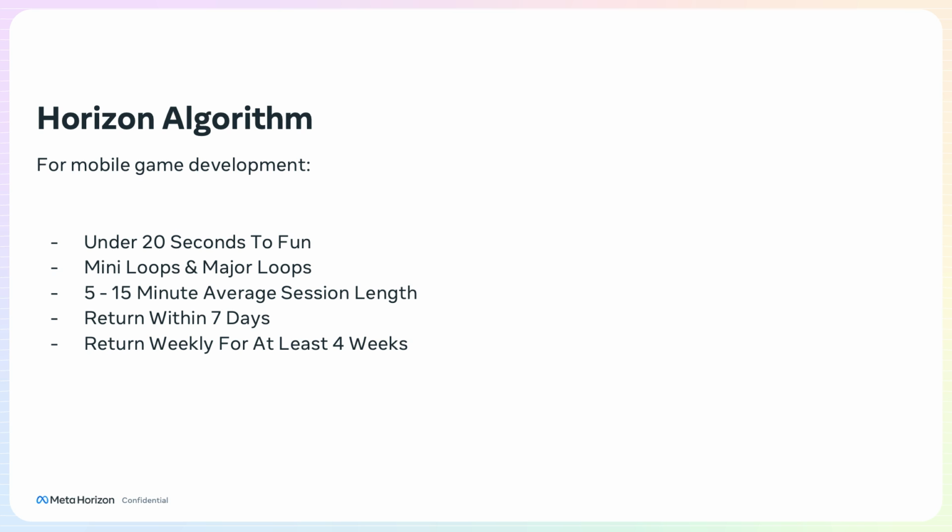I wanted to repeat this again because I think it's so important. Under 20 seconds. Your target should be 10 seconds to get to fun. I think people saw the 20-second number and said, oh yeah, I can make it 20 seconds in the beginning before you get to the fun. No. If you hit 20 seconds, they start leaving your world because it's too long. So you should try 10 seconds as your target. That would be my recommendation.